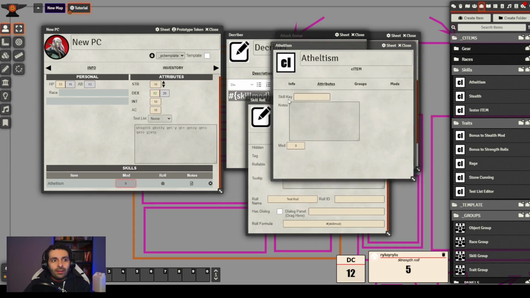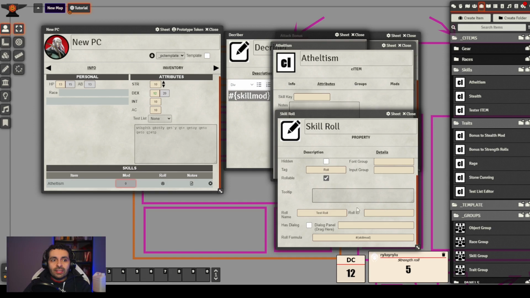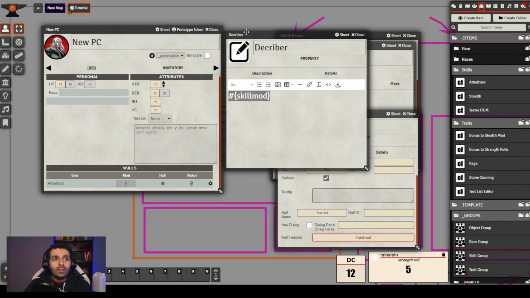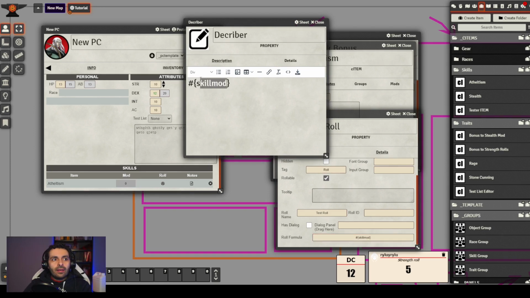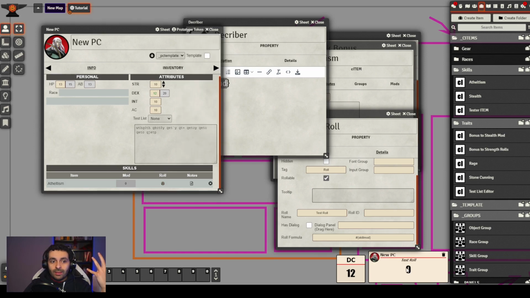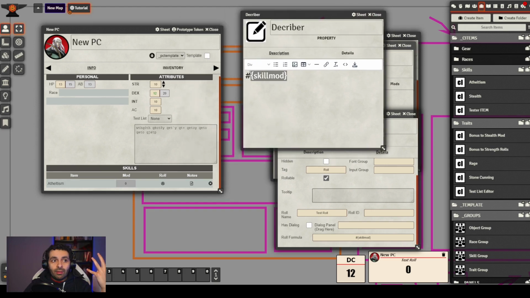So what have I done here? What have I done with the skill role? I have set the role formula with a role expression equal to the skill mod C-item property. So when I click this role, it's going to roll, and the value that is going to return, and we'll see it here, is going to be equal to the modifier. So if I do this, you see, we get the modifier. Why? Because we are making a direct reference to the skill mod.